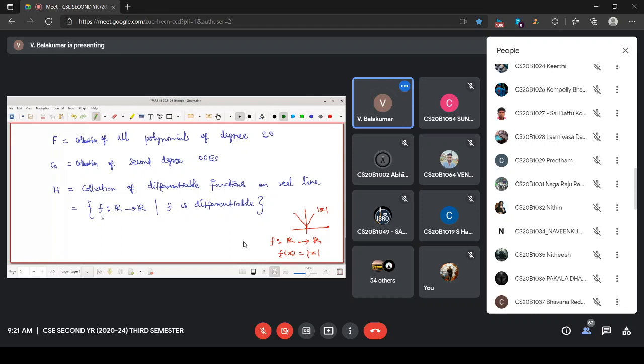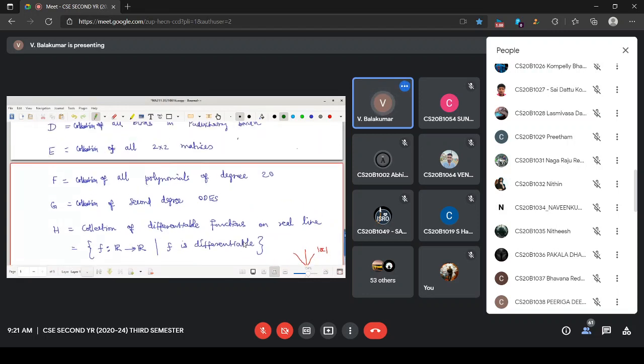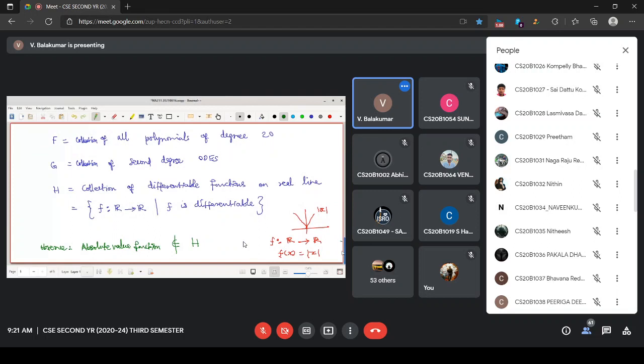There are some functions which are differentiable, but this mod x function does not belong to H. Let us observe that the absolute value function, which I have written in red color, does not belong to H because it is not differentiable at 0. All those things you studied, I hope. Have you studied those things? Somebody reply. Yes, sir. Okay.